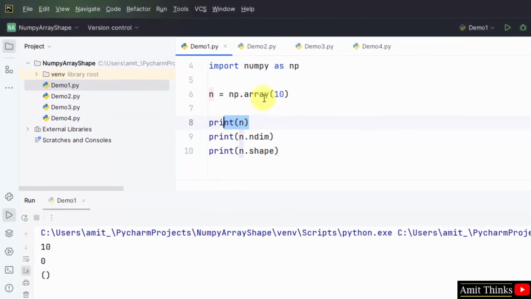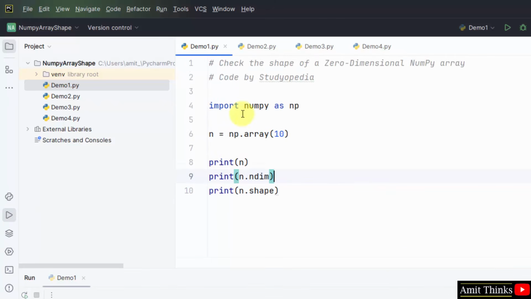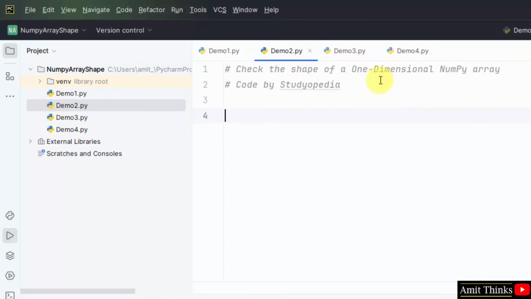First the array got printed, only one element. The dimension is 0 because it's a zero dimensional array, and the shape is the following for a zero dimensional array. That's it, we printed it. Now let us move to the second program, within which we'll be finding the shape of a one-dimensional